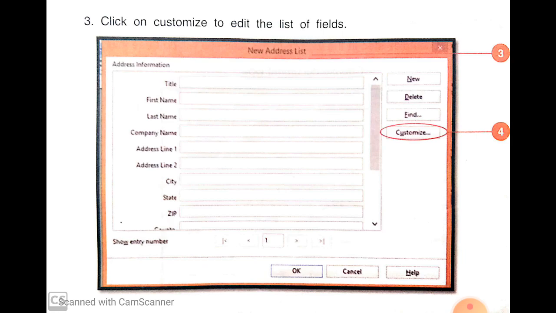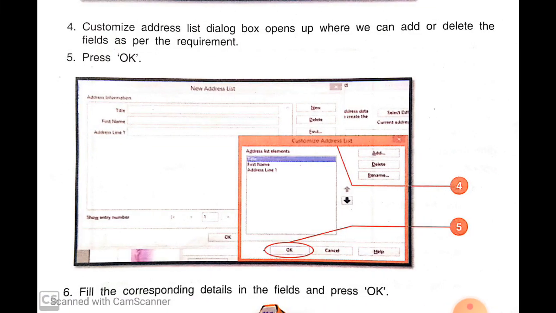Customize address list dialog box opens up where we can add or delete the fields as per the requirement. We can delete the fields as per our requirement and then press OK button.